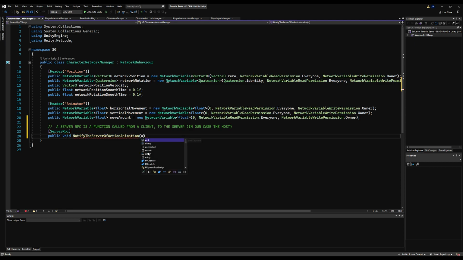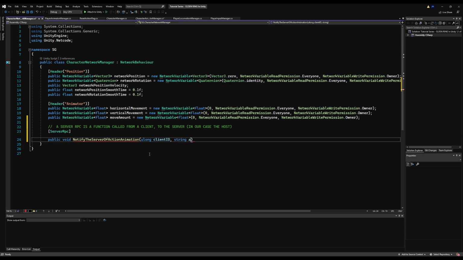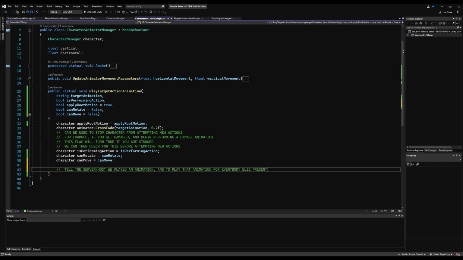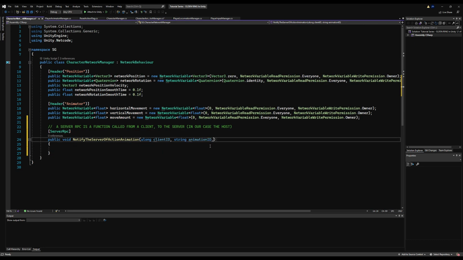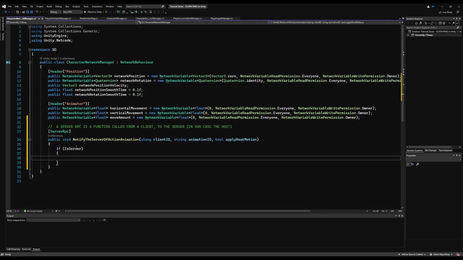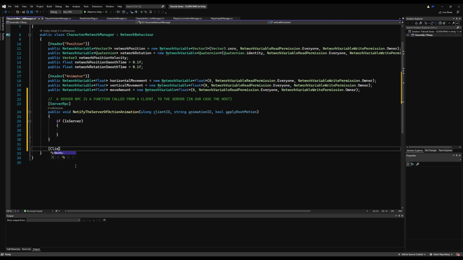And I'm going to make it require a ulong, which is basically how we get our client ID, so the client ID of the character who wants to perform this action. Then a string for the animation ID, and then we open up some brackets in here, and we don't need to carry or call rather the can rotate and can move, because again, you're not controlling some other player's movement in your game. That's done on their end. You don't need to basically keep track of these bools. It will be pointless. So let's make a comma and say bool. We do need though apply root motion, because although we do keep our motion synced from the network position, it's also good to apply the root motion from the animation itself, because it makes it look a lot smoother and you won't have animations that are kind of desynced from their movements.